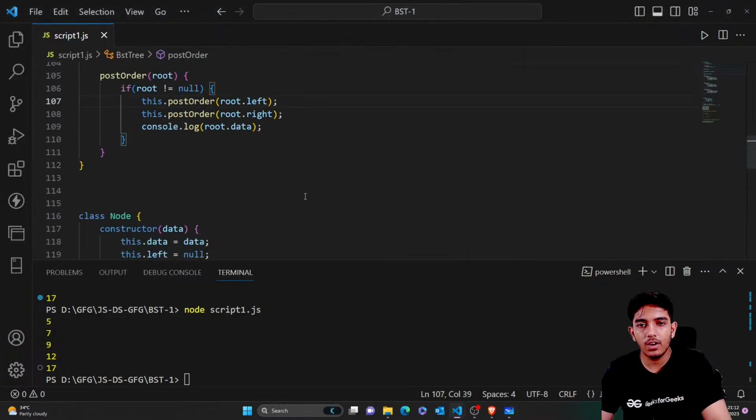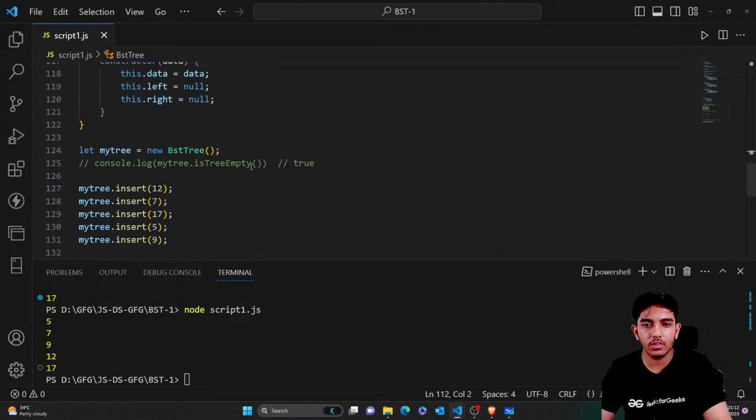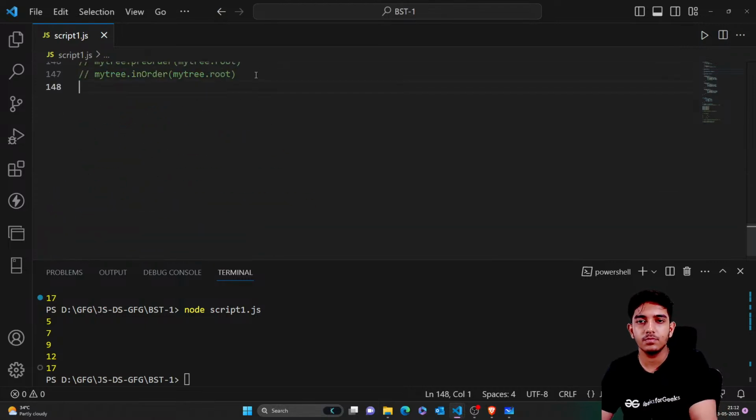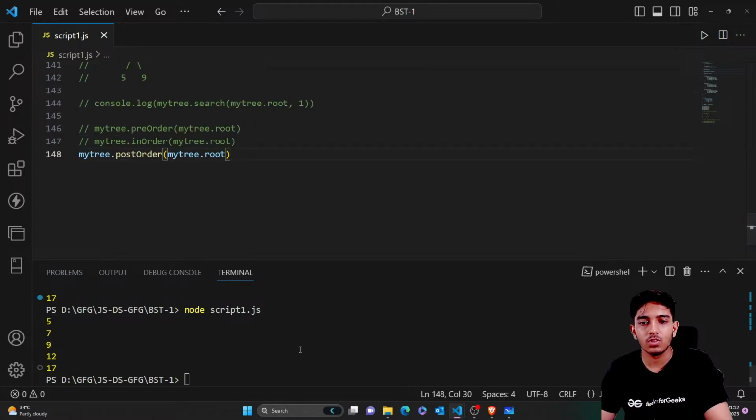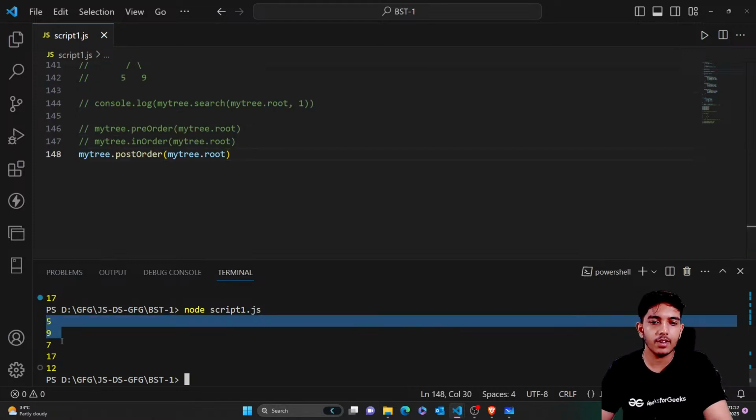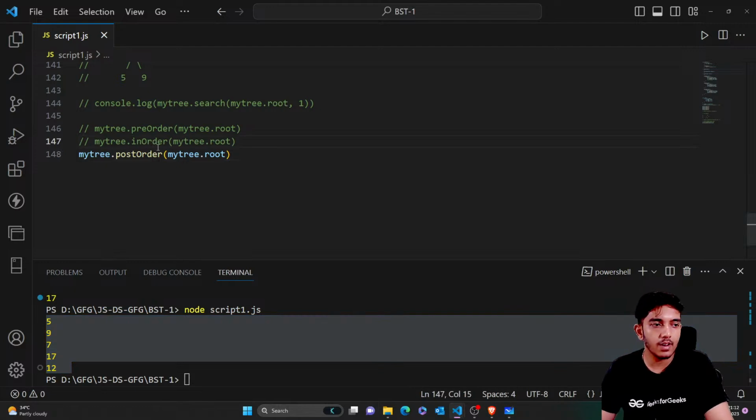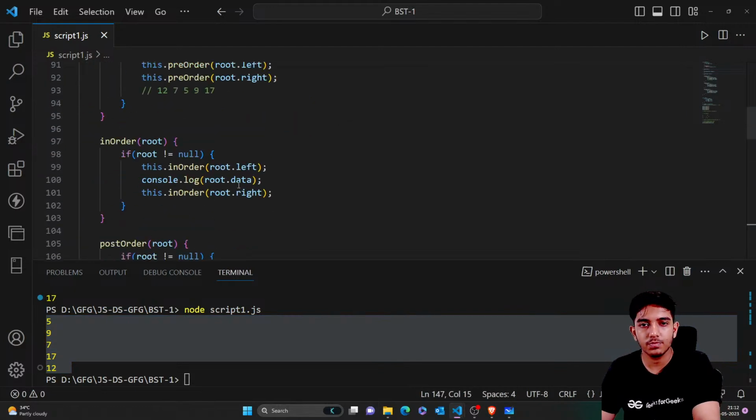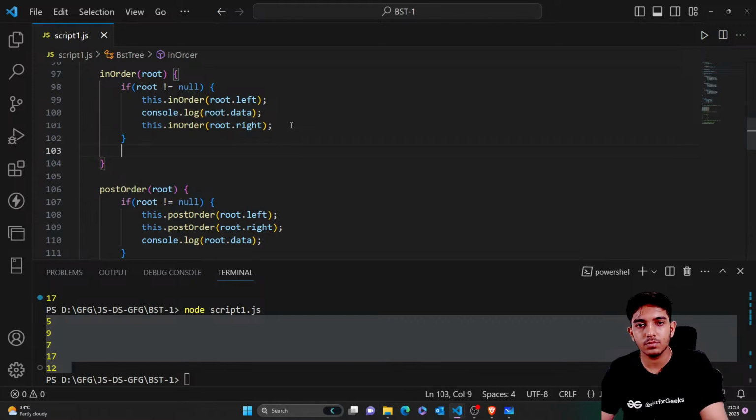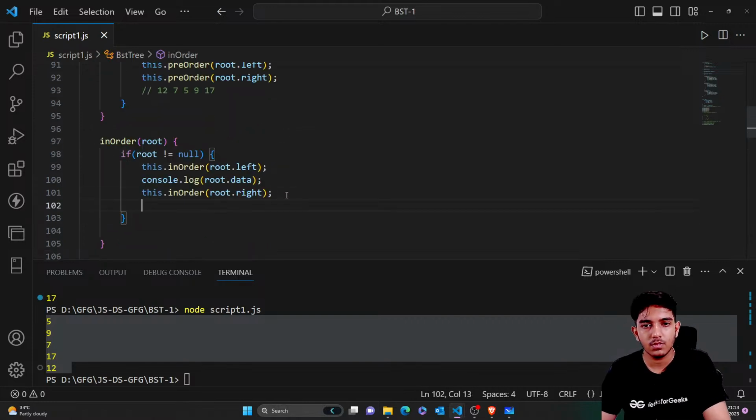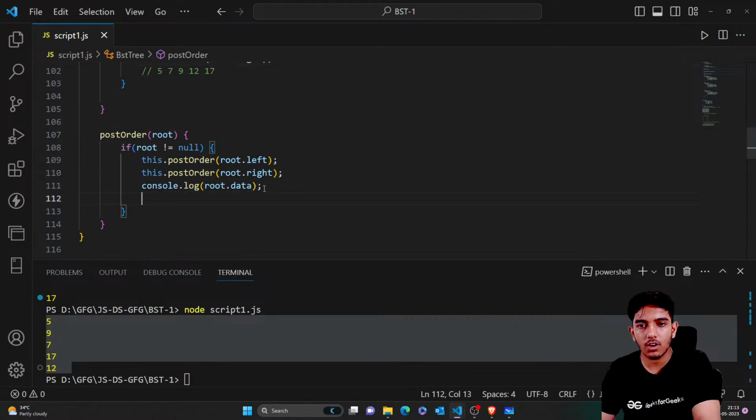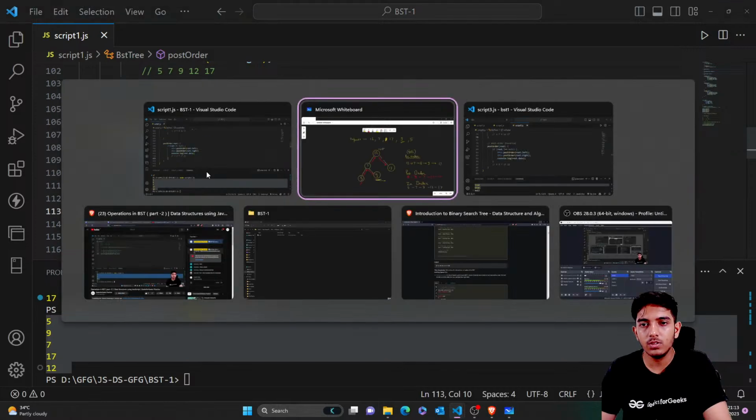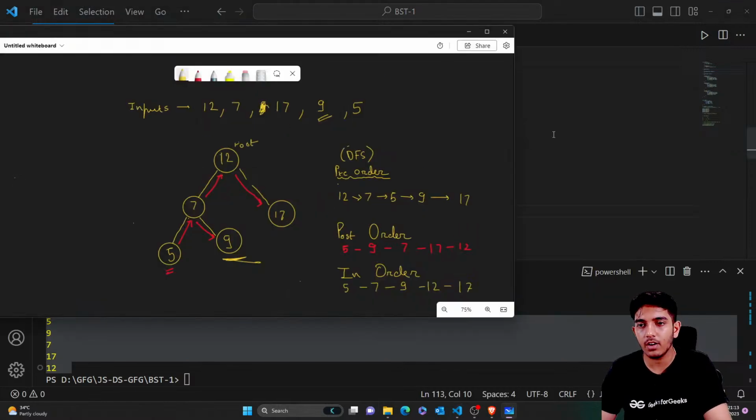All right, so now what we'll do is we'll try to run this post order. So now let's test it, and post order is here 5 7 9 17 12. Okay, so it works like that. So I'll just write the output here also. So the in order output is actually 5 7 9 12 17, and the post order output is 5 9 7 17 12. Okay, I think it's fine, and you will see the difference in what's actually happening here, and the same code is